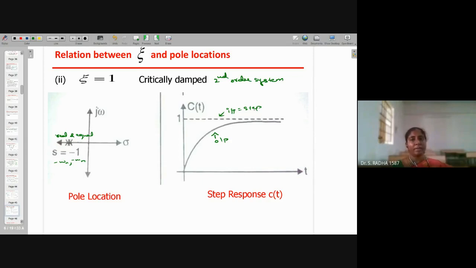And you can see the name is critically damped system. Input is step input, so it is called step response. This is similar to first order system. You remember the graph of first order system, 1 minus e power minus t by capital T. The same graph we got in the first order system also. So critically damped system and the first order system graph will be looking similar.